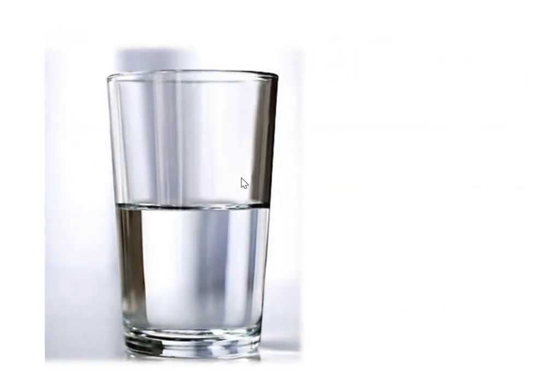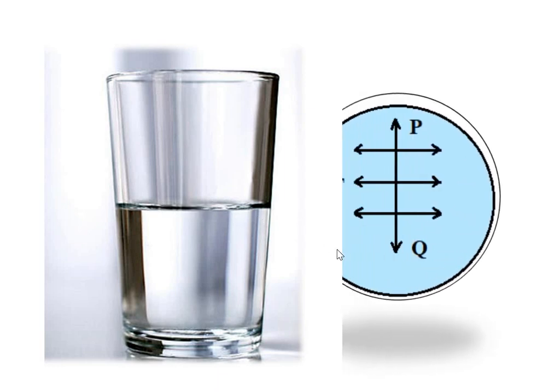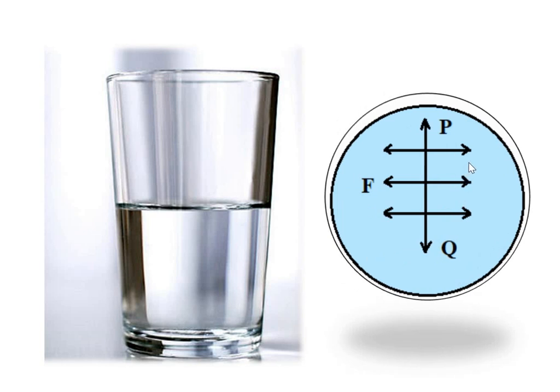See this image first. A glass containing pure water. As we know, this one is the surface film and this one is the free surface of the liquid. The free surface of a liquid in a container acts as a stretched membrane, and all molecules on the surface film experience a stretching force. So here imagine an imaginary line is drawn on the free surface of the liquid. Then it looks like this. Imaginary line PQ of length capital L drawn tangential to the free surface of the liquid. Molecules near this line experience equal and opposite forces tangential to the surface.